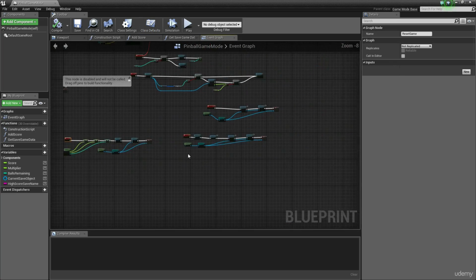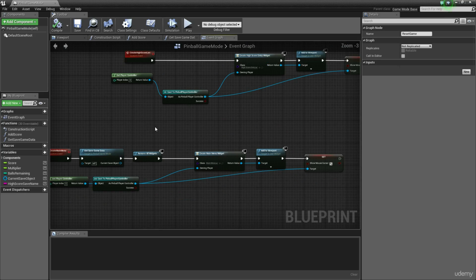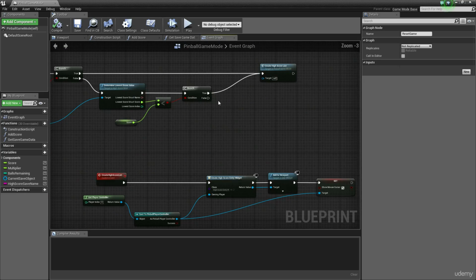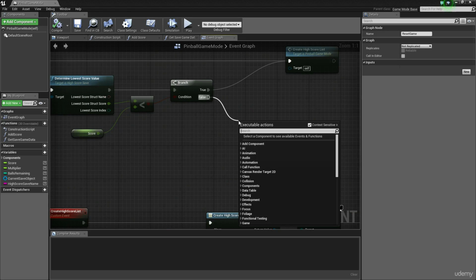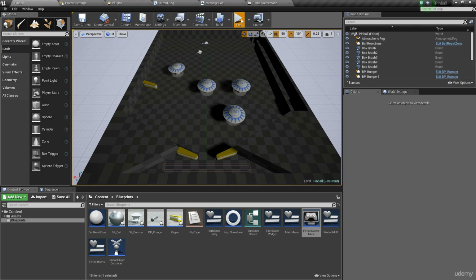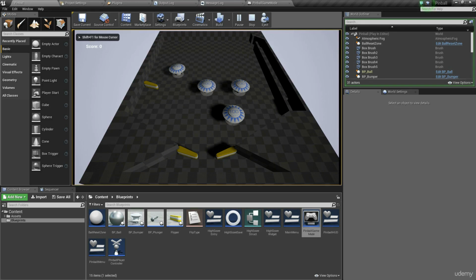game to start the game again entirely, or create main menu. In my opinion, it's better for us to go back to the main menu and let them click play to start again. So off of false, I'm just going to drag, I'm going to type in create main menu, I'm now going to compile and save, and when I play the game and I lose,